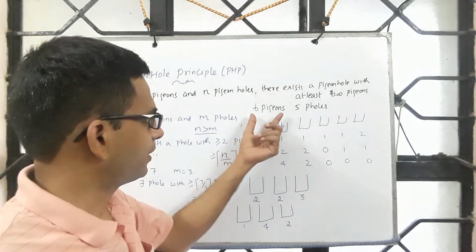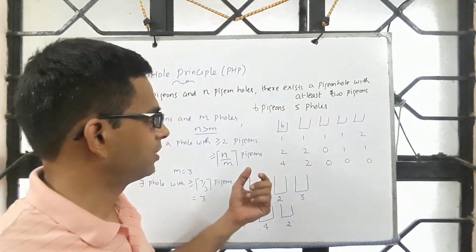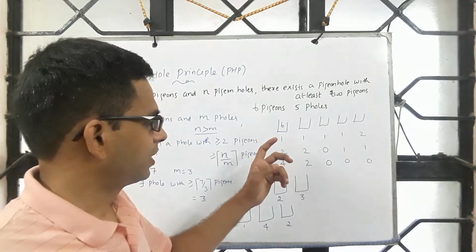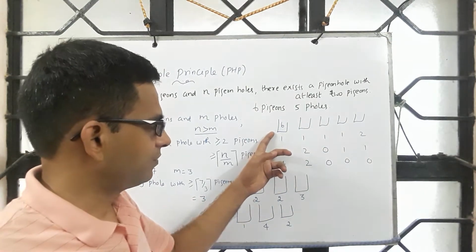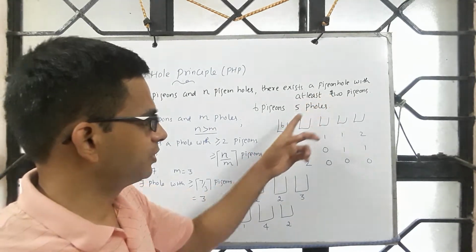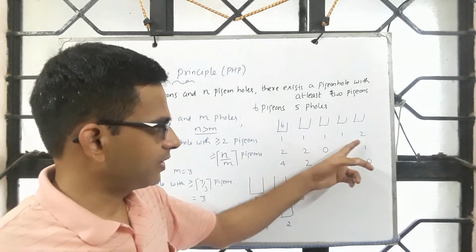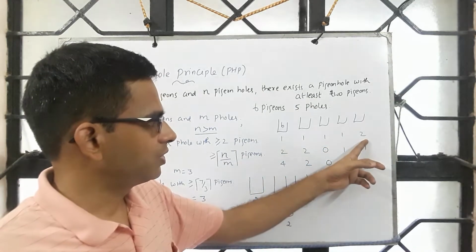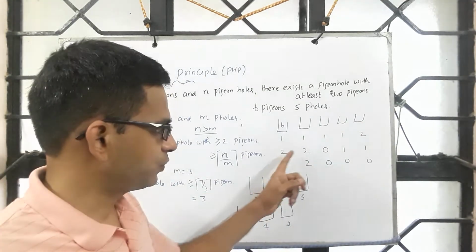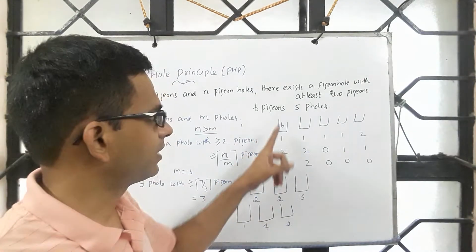For example, you take say 6 pigeons and 5 pigeonholes. You can come up with any distribution. So there are 5 pigeonholes. You may place all 6 in the first pigeonhole, and the principle is true. It says there exists a pigeonhole with at least 2. Or you may place 1, 1, 1, 1 and the last one contains 2. It says there exists a pigeonhole containing at least 2. Or you may place 2, 2, 0, 1, 1. You see that in each of these the claim is true.